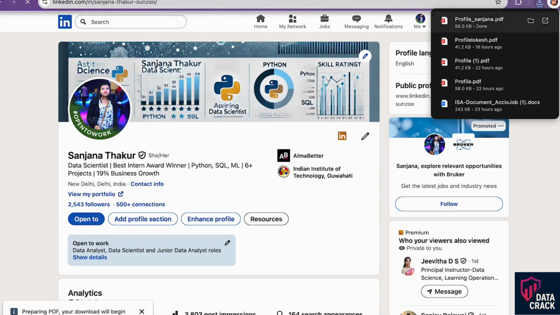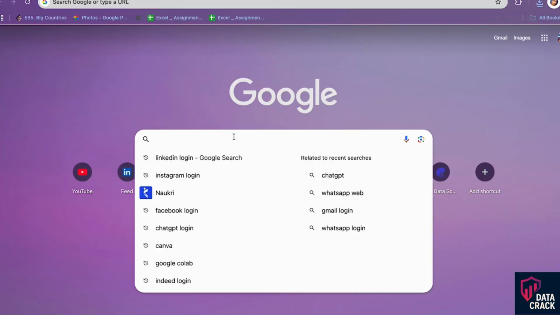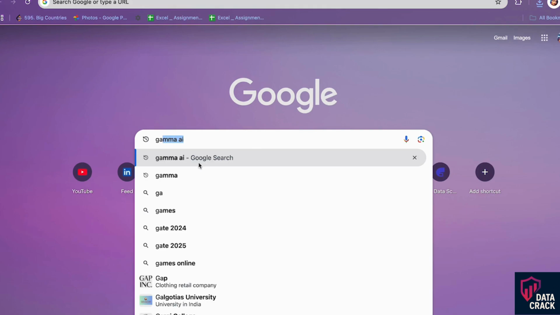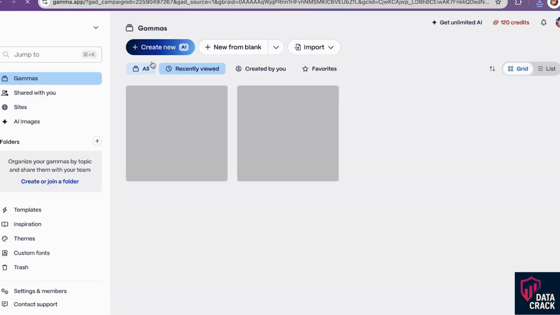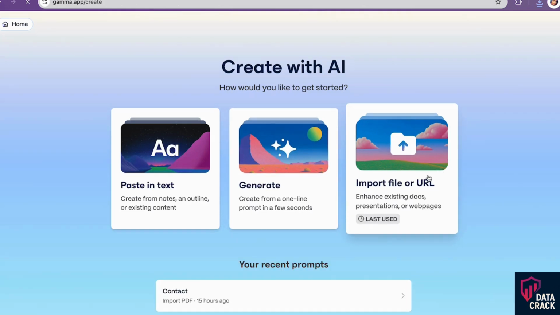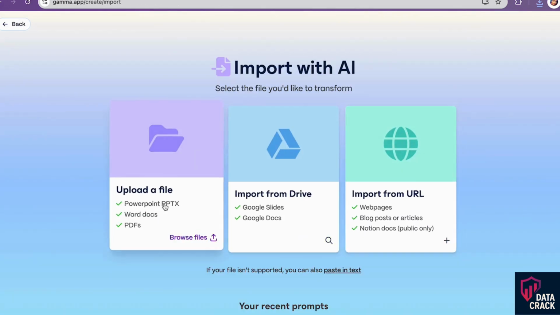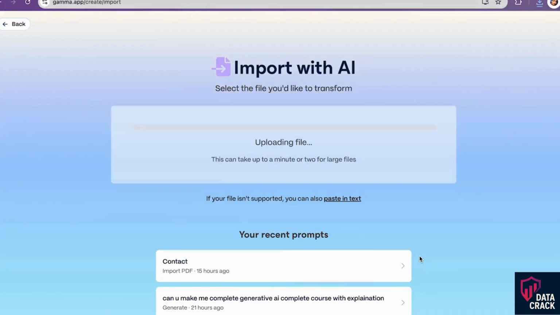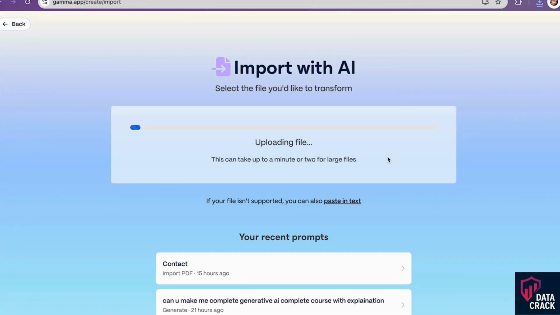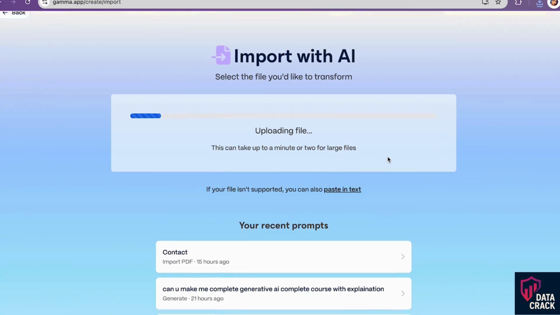After that, in the second step, I will go to Gamma.ai. All right. In Gamma.ai, we can say create new, and click on import, and it's a PDF, right? So we can go to the profile Sanjana PDF. Now we can say open. Once it loads,